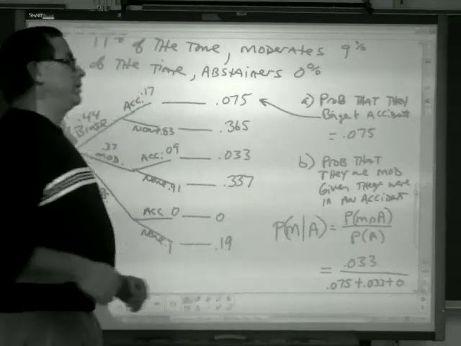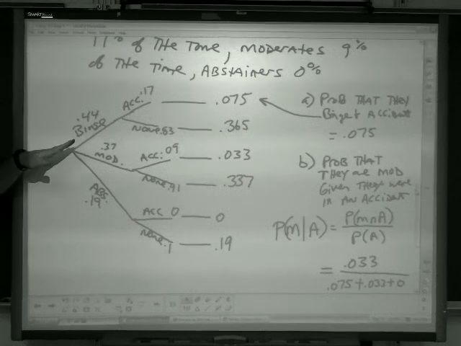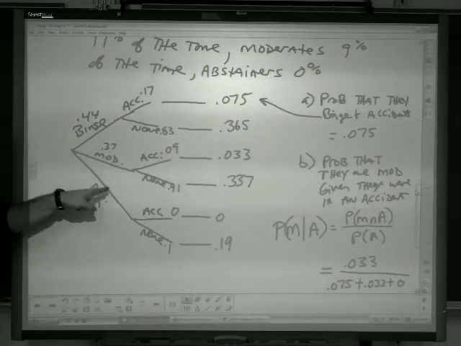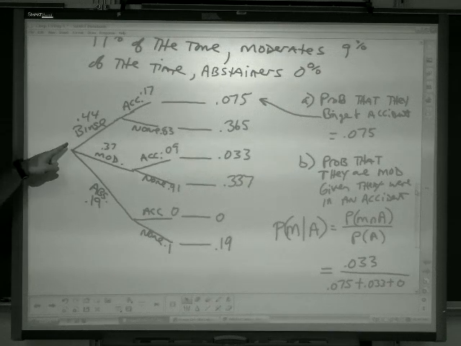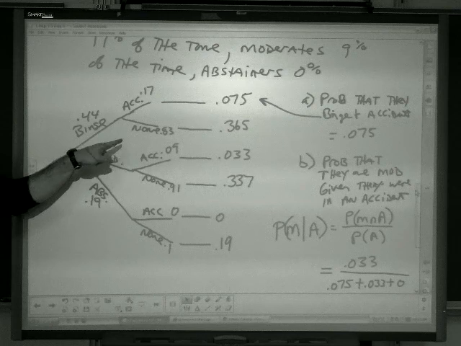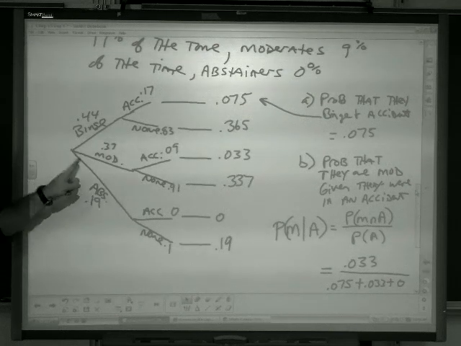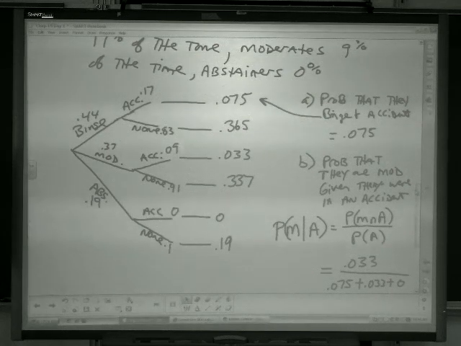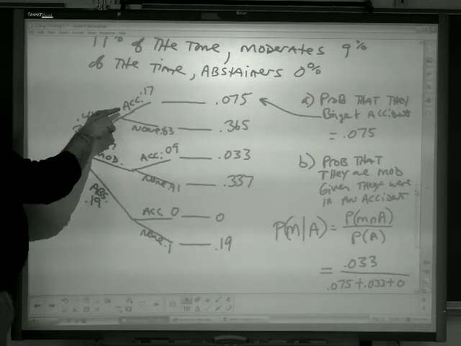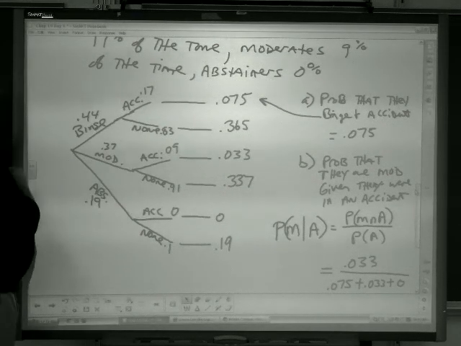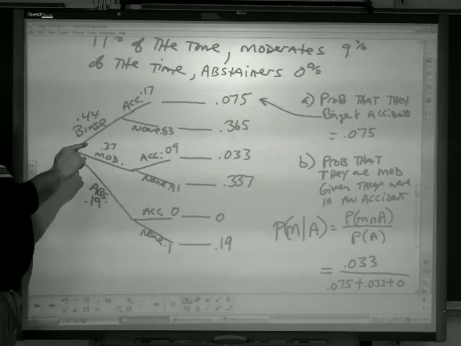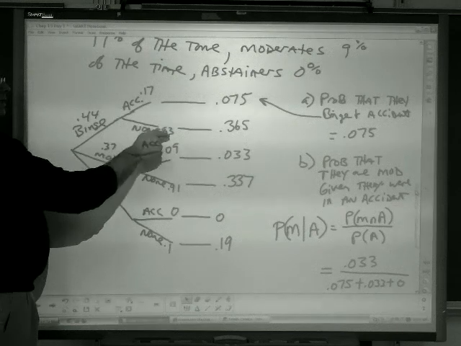Okay? Here's the tree that I set up. First of all, they might binge drink, they might be a moderate drinker, they might be abstaining. 44% of the kids binge drink, 37% moderate, 19% abstain. And then depending on whether or not they're a binge drinker, moderate, or abstain, they either get in an accident or they don't. So a binge drinker, accident 17% of the time, so no accident 83%, because they have to add